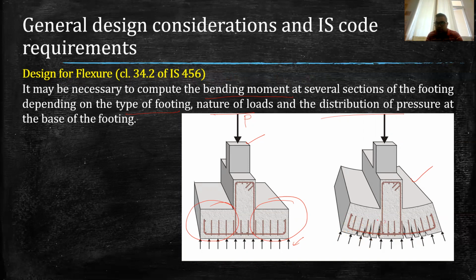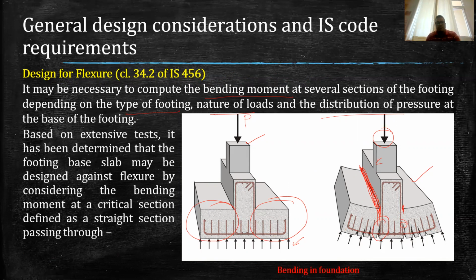That point will be known as the critical section for the bending criteria in this scenario. Here you can see this is the larger crack, which means this will be the first crack because of this external force. And you can see this crack is exactly along the face of the column. So which means the critical section for foundation will be along the face of this column. Similarly, here also the critical section is along the face of the column. We have conducted various tests, and based on those tests, we determine which one is the critical section for the bending moment in the foundation.